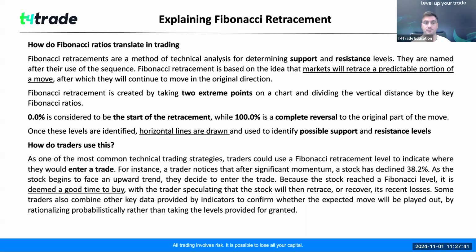And the Fibonacci retracement is based on the idea that markets will retrace a predictable portion of a move, after which they will continue to move in the original direction. So you can think of retracements as a hiccup. The price action is moving in a specific direction, let's just say upwards. At some point, because the market has overextended itself, we assume, correctly so, that it's going to have some sort of